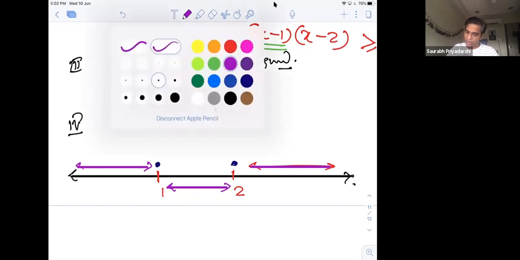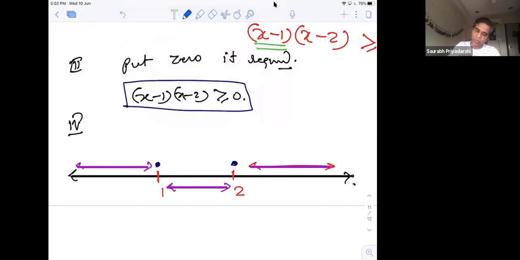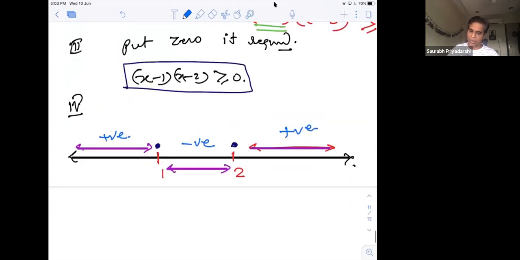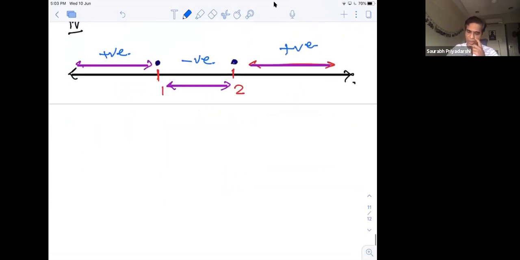ये तीनों part में, अगर 2 के ऊपर की values मैंने रखी, let's suppose अपने मन से ही रखना है, right, केवल 2 से ऊपर की values मैंने रखी, let 100, 10, 3, 5, anything. तो 3 minus 1 positive, 3 minus 2 positive, means this is coming as positive. ये portion मेरा positive आ रहा है जो 2 से ऊपर का portion है। Now you have to go alternatively plus minus sign, then this will be negative, then again this will be positive, positive negative positive. तो मैंने ये mark कर दिया positive negative positive, right. यहाँ तक हमारे पास ये आ गया।